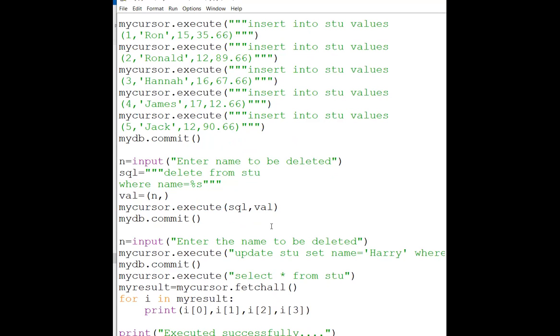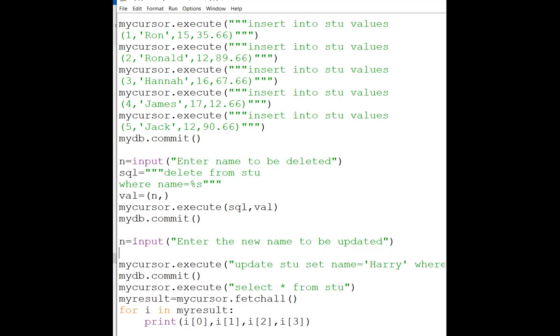Enter the new name to be updated. And then I have to ask the old name also. New name means I am writing NN and old name ON. ON means old name is equal to, then again I am asking from the user, enter the old name to be removed,